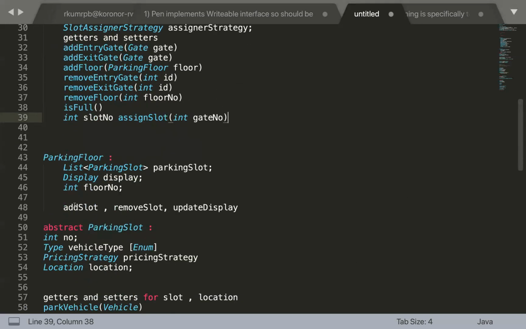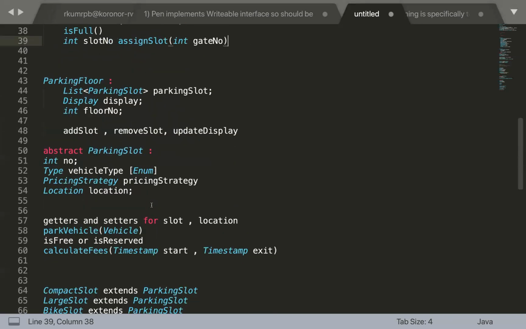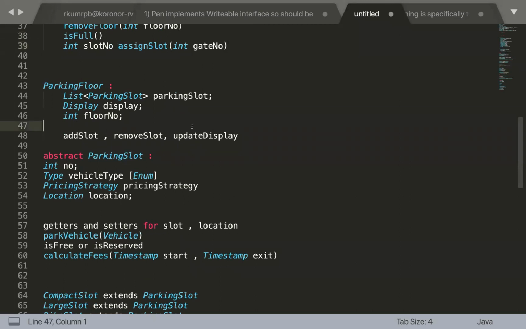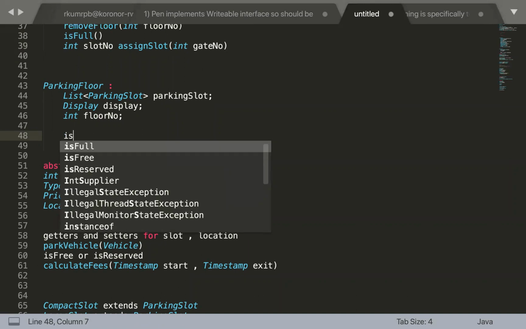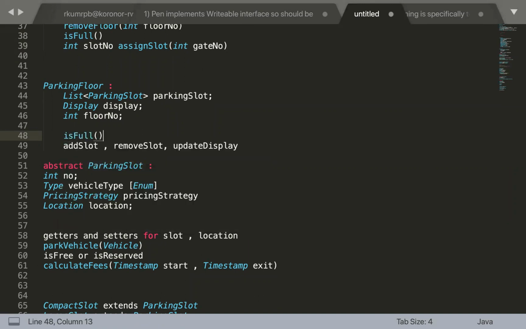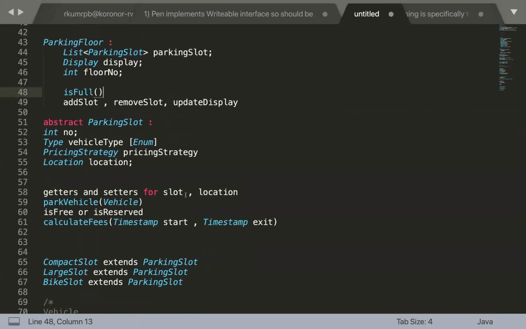And this parking floor should also have some method, probably is full, whether this parking floor is full or not. And this parking slot has a method called is free or is reserved.